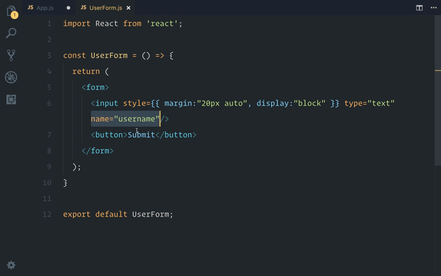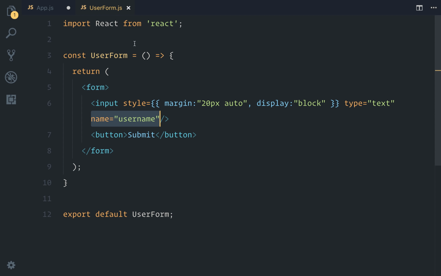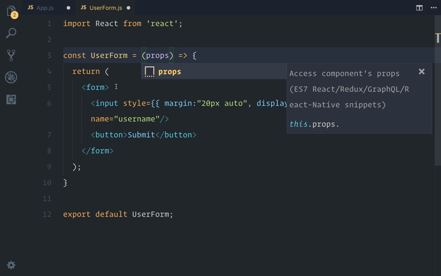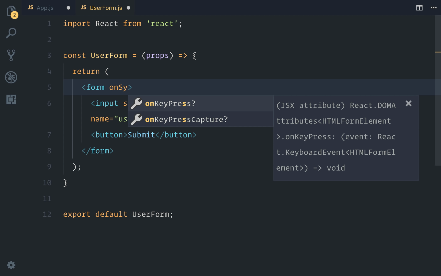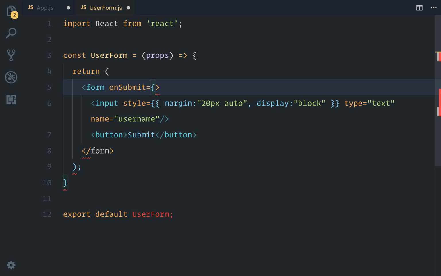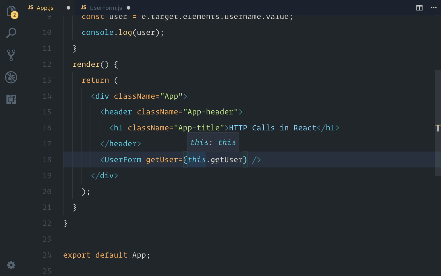So in order to access the props of this component, we need to give it an argument called props. So now right there I can say onSubmit equals props.getUser, since on the props we have this getUser available. Okay,